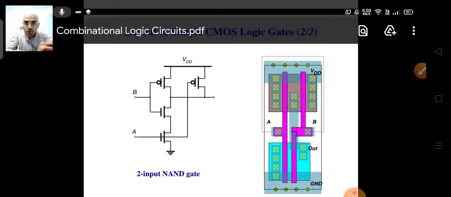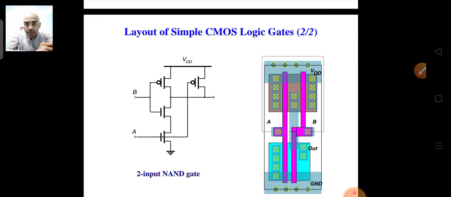whereas the gate of the other NMOS and PMOS are also connected together. The sources of both PMOSes are connected to the VDD supply, whereas the source of one of the NMOS is connected to the ground, and the drain of the other is connected to the output, okay. And the source of the upper NMOS is connected to the drain of the lower NMOS. So this is what it is.